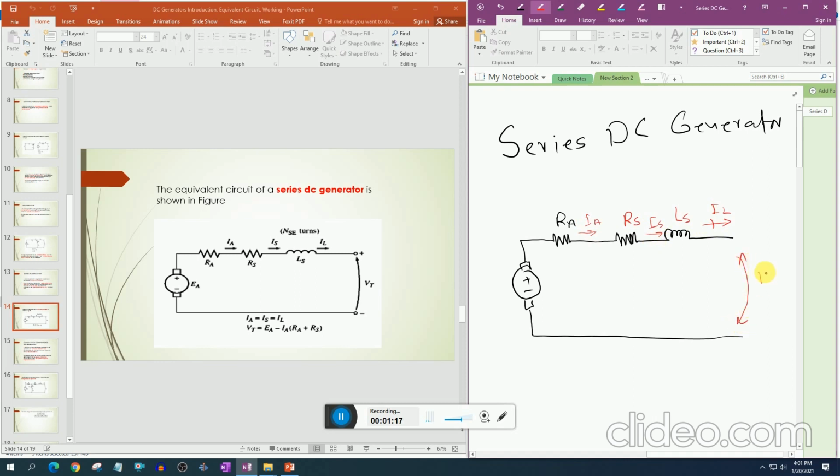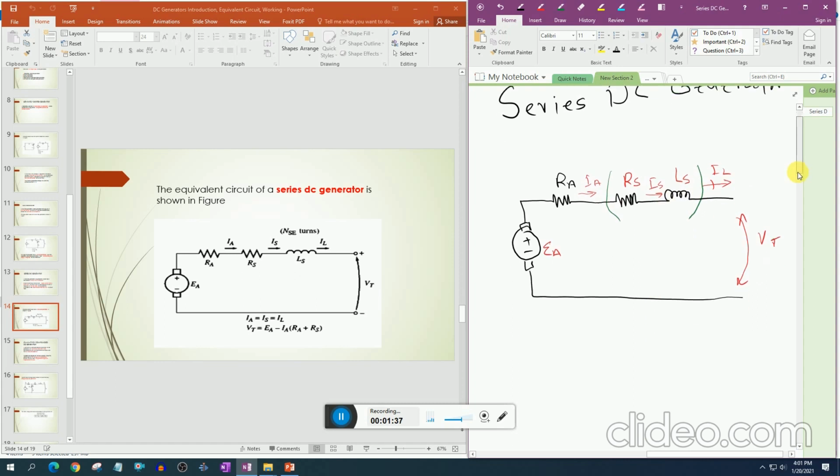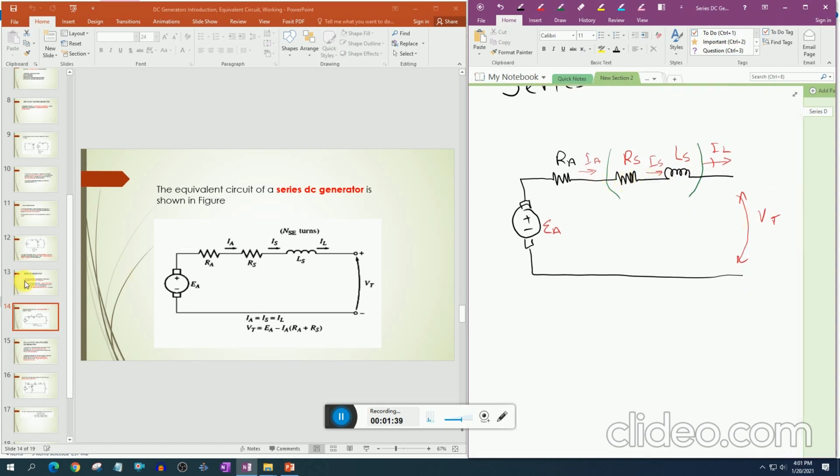This one is V terminal. So this part is the field coil part, which is connected in series with the armature circuit. As this part is connected in series,